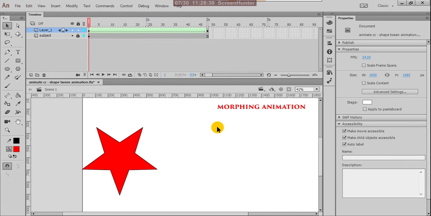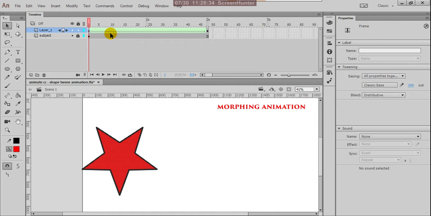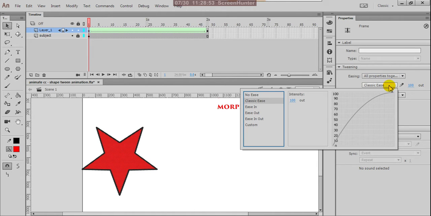Next, here you can give other values, suppose distribute to angular, and about these values I'll explain later.